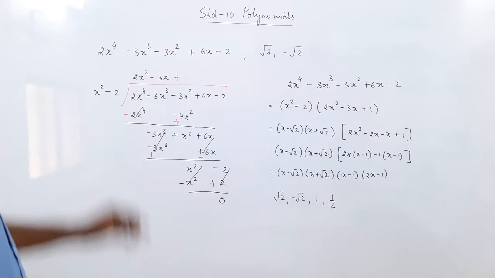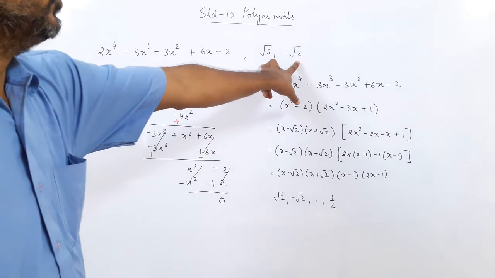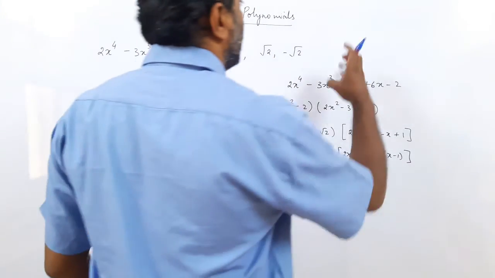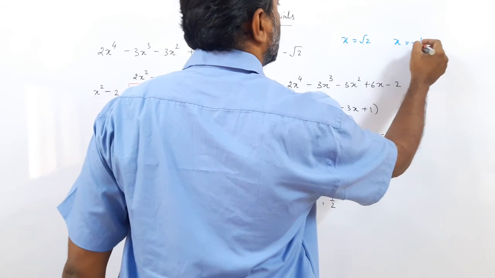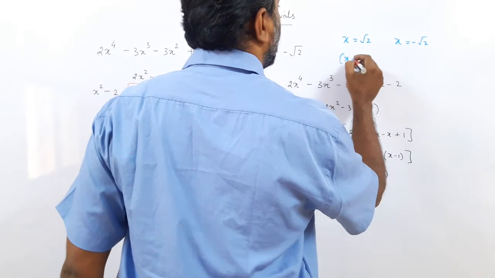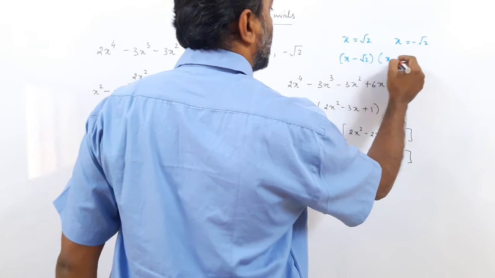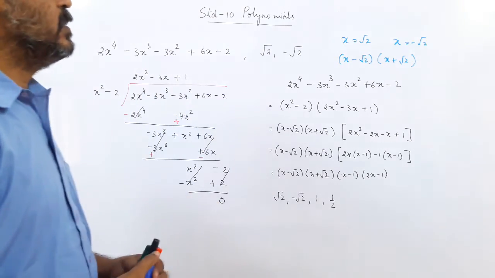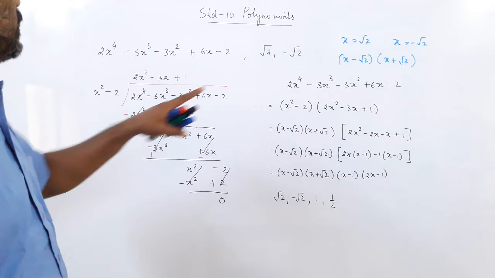So what did we do here? We had a polynomial. We knew 2 roots. Which 2 roots we knew? That x equal to root 2 is 1 root and x equal to minus root 2. So we know x minus root 2, root 2 comes this side. This is a factor and x plus root 2 is a factor. Now these both are factors, then the product of these two, that is x square minus 2, is also a factor. So I multiplied them both